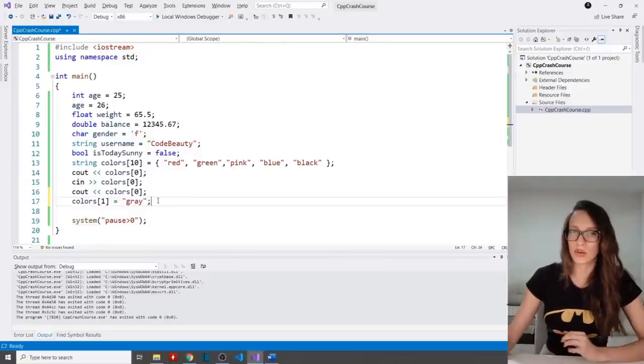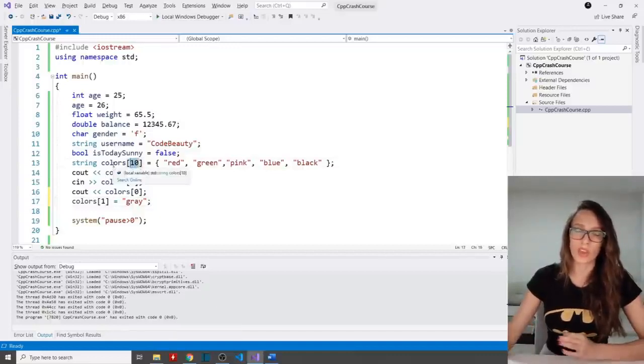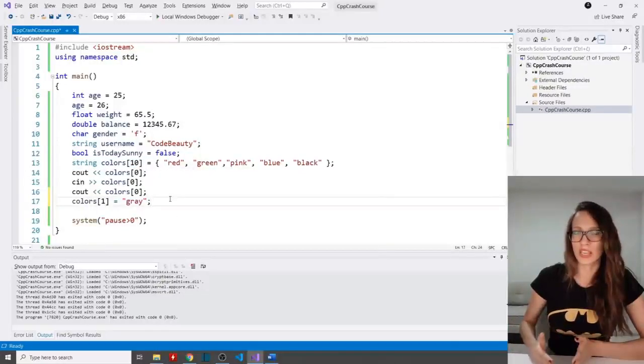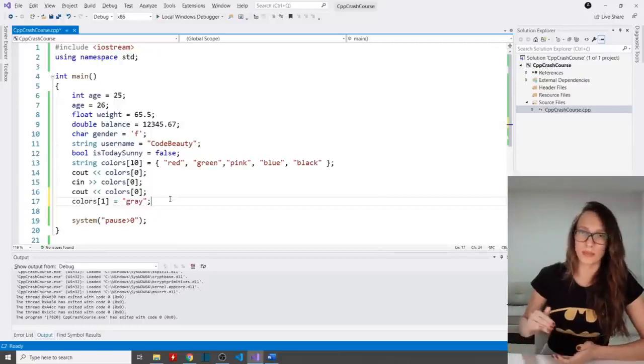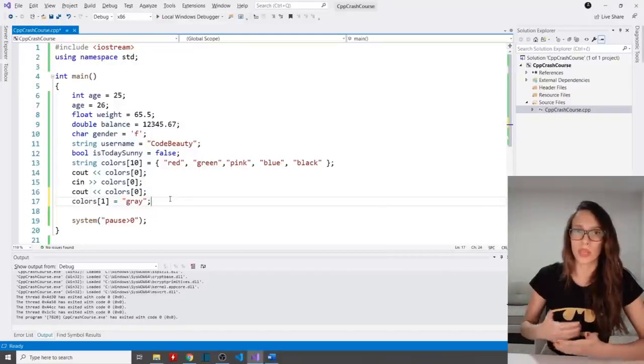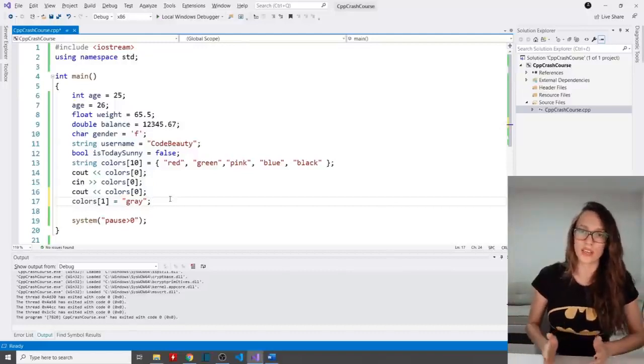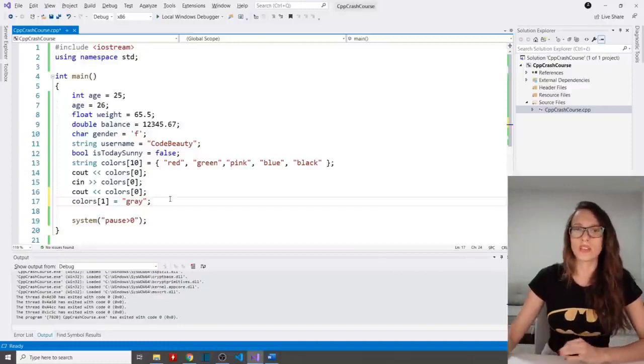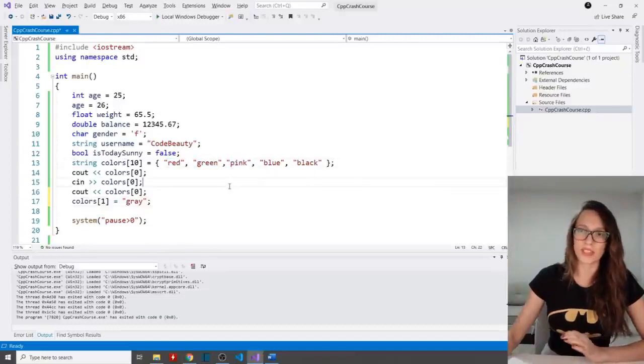Okay, so as I said, since your array is holding a continuous space of data in memory, that means that you will have to give it this maximum amount on its creation. And in this particular situation, this means that your colors array can hold 10 strings, not more than that. Now, because your array is holding that continuous space of data in memory, once you come to that max limit, you will have to recreate your array. You will have to reinitialize it so that it can take that continuous space of memory somewhere else, a bigger space of memory. Because of that as well, accessing these members is going to be quicker because they are one after the other.